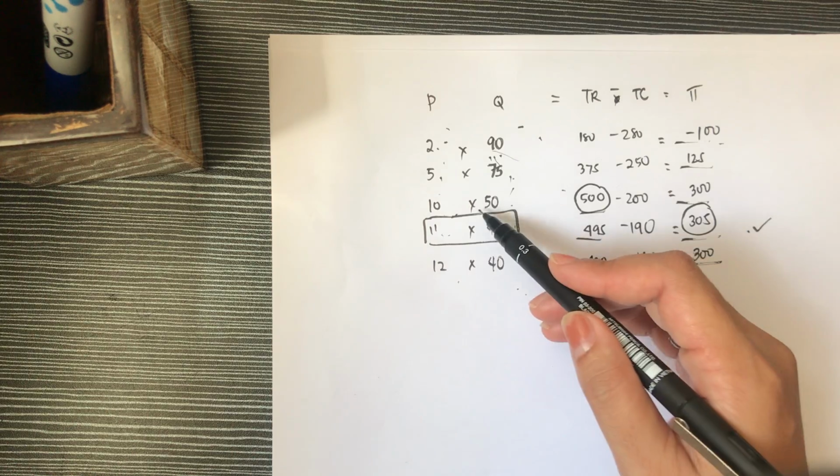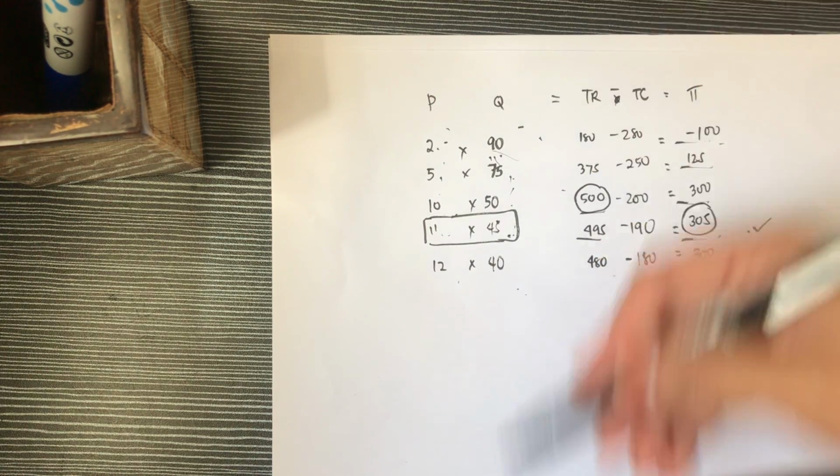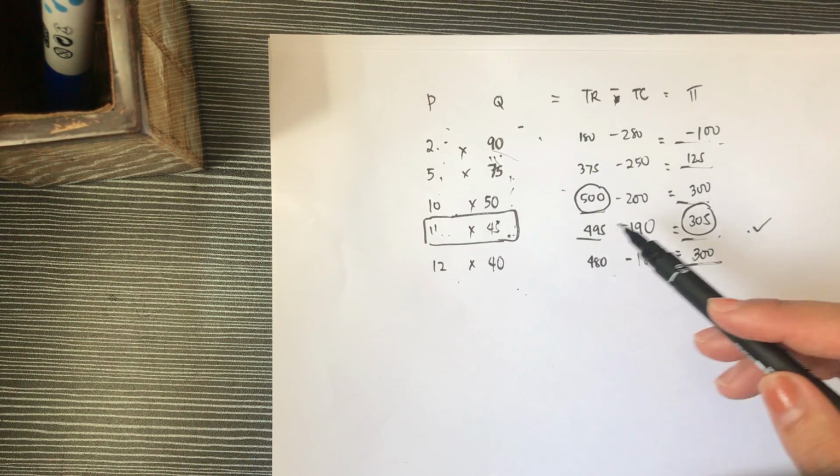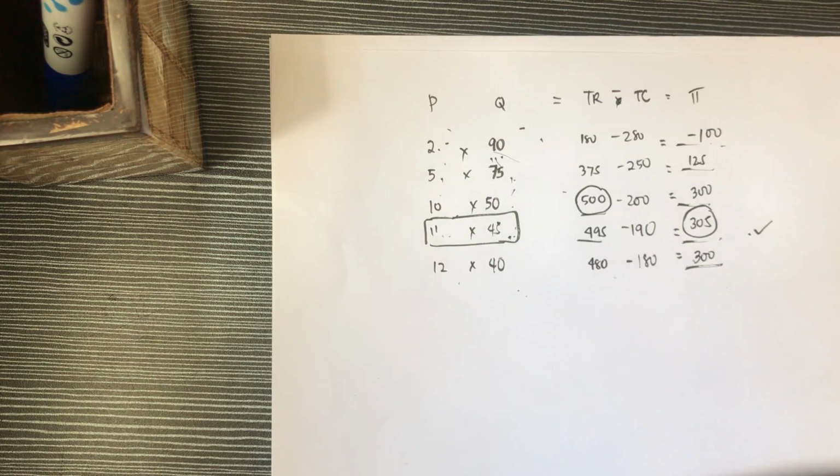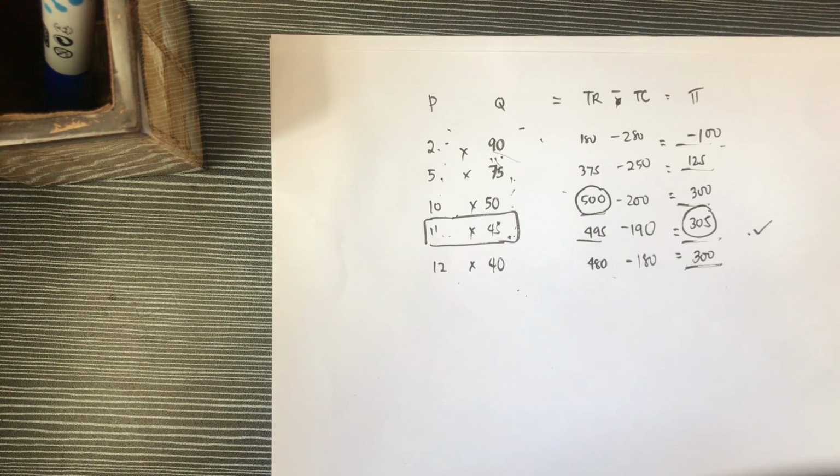So it's just 10 and 50 so far in this table that will give you the highest revenue, because maybe it could be 9, it could be 8. We were not able to explore that, but there's another way to find the revenue maximizing price and quantity. So the hint is, if you want to know,